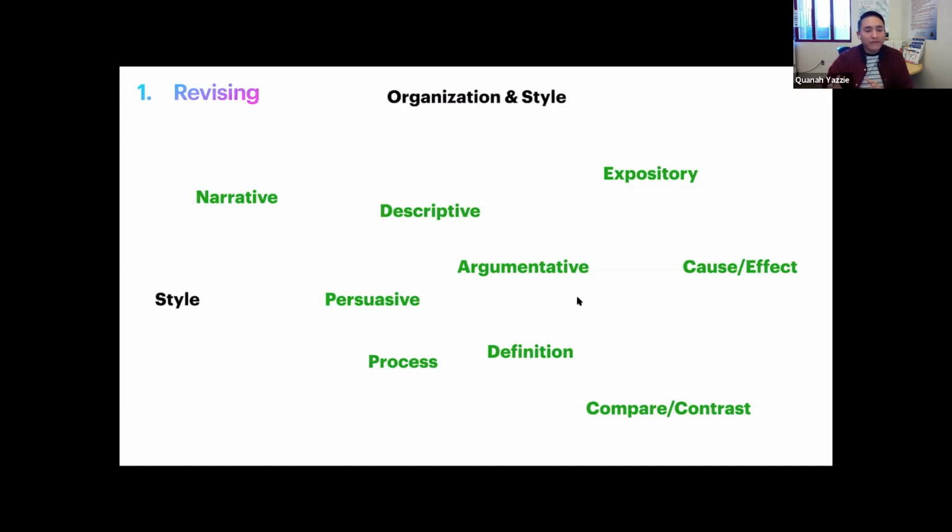A lot of them have different structures, and it's really a lot to go into when we're talking in terms of revision, because some of them, like in the case of argumentative, we have to prove some points, right? And our style can be within the 5-paragraph essay, that same outline, but our supporting details have to fit our argument, stuff like that. This is where it gets really broad, because I can't really go into style specifically. There's not really a set format or set pattern for every single